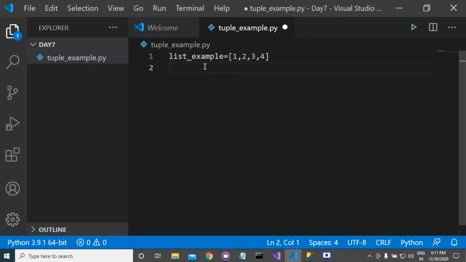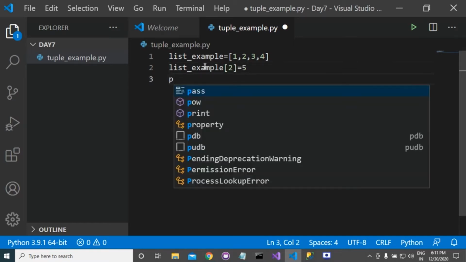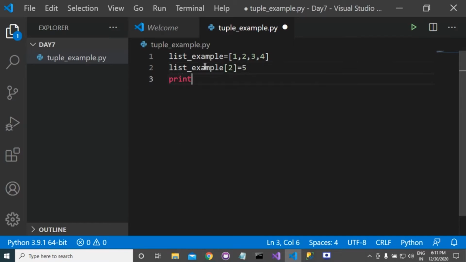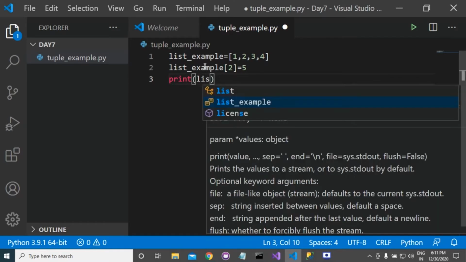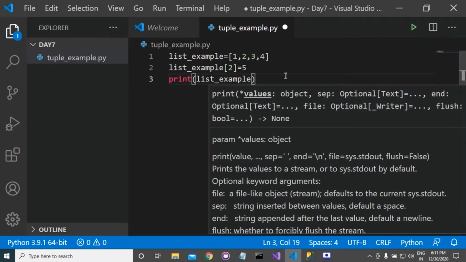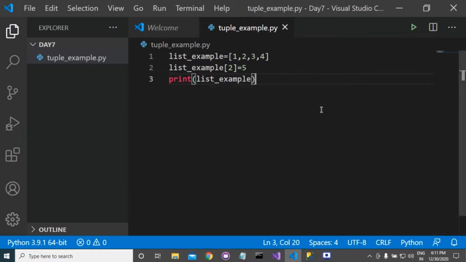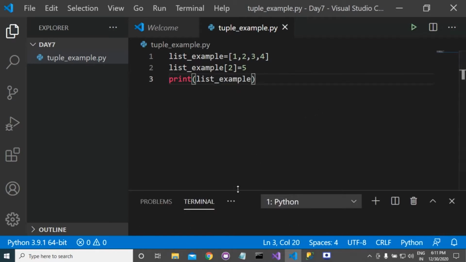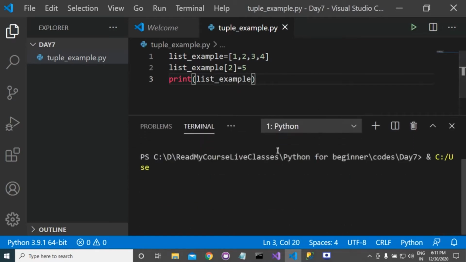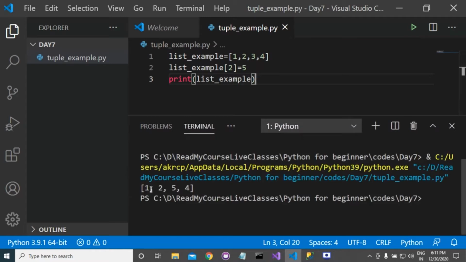If you write list_example[2] is equal to 5, and then print list_example, here you can see that our value at index 2 has been changed.